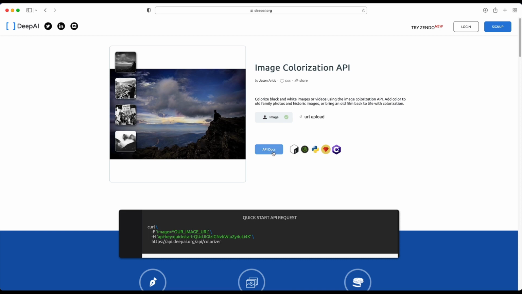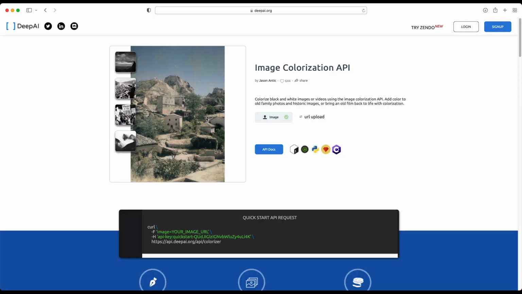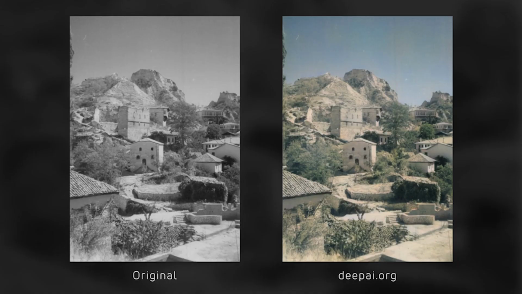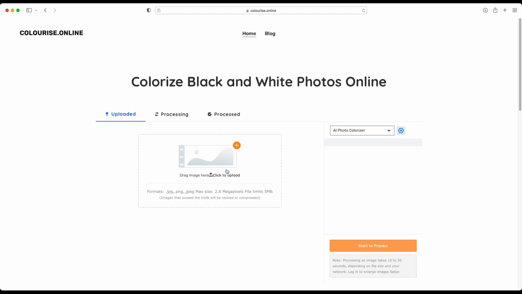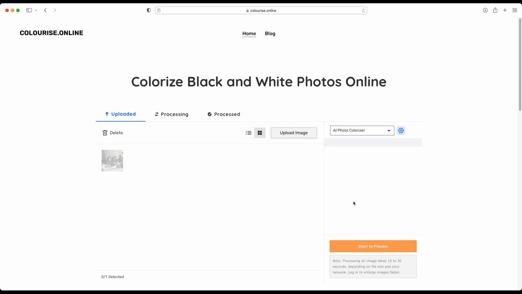The next one is Deep AI, which is, I would say, something similar to the first one. Maybe they're using the same algorithm, yeah, probably. Let's go to the next one, which is colorize.online.